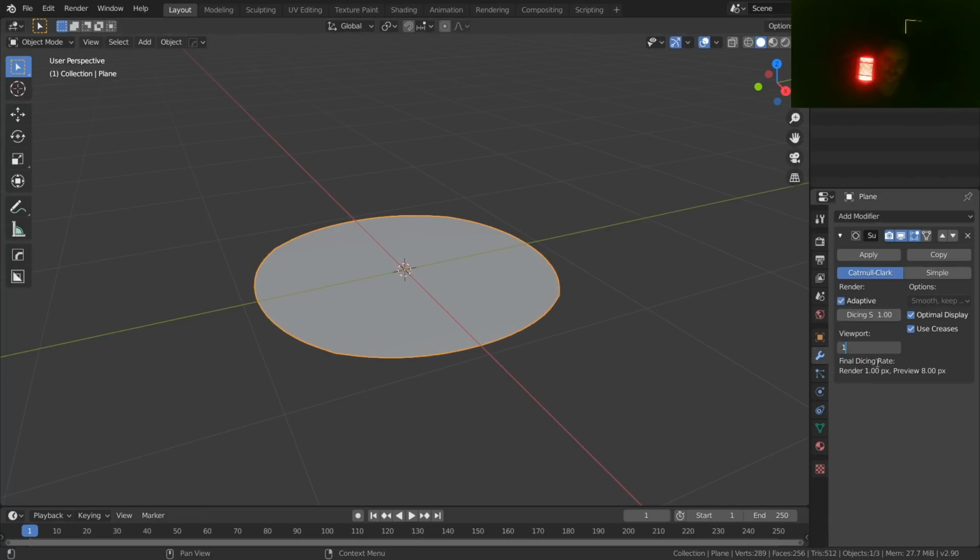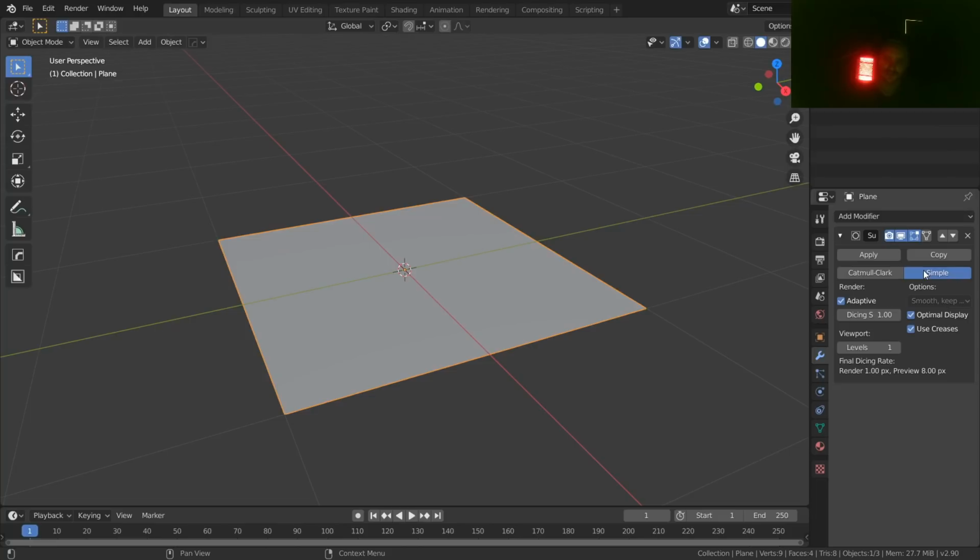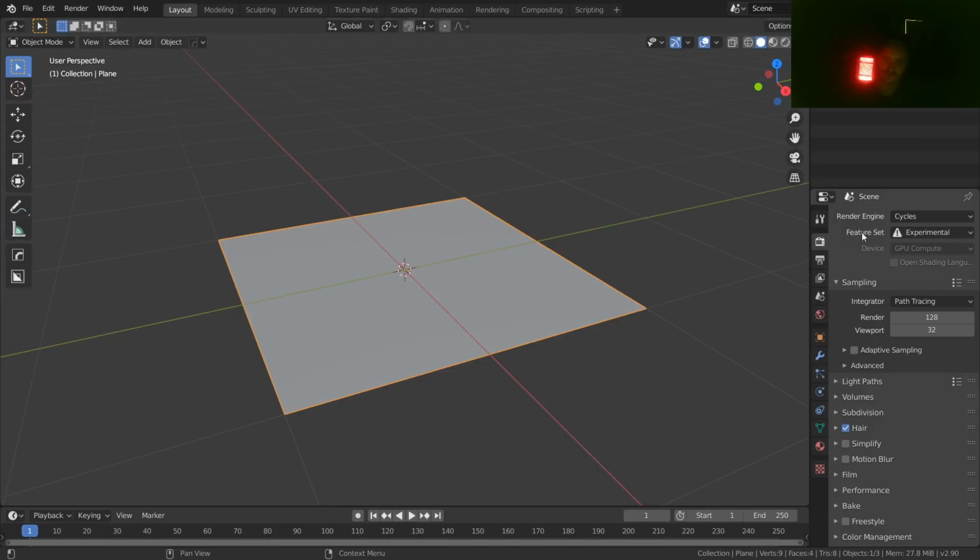It will make it smoother. We do want extra divisions, however, we do not want this smoothing, so just click simple, and this will kind of divide it without changing the overall form of it. So again, add a modifier of subdivision surface, set it to simple, and if you have experimental mode enabled,